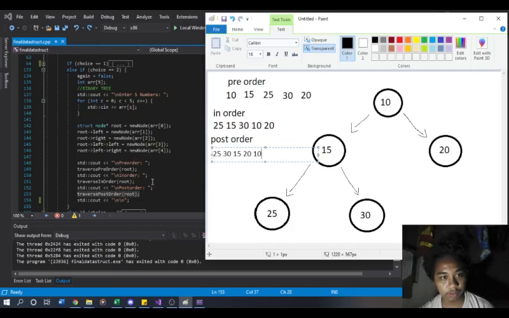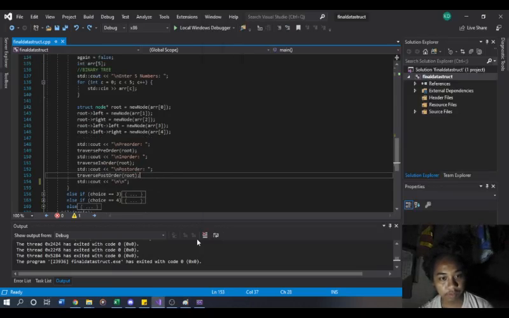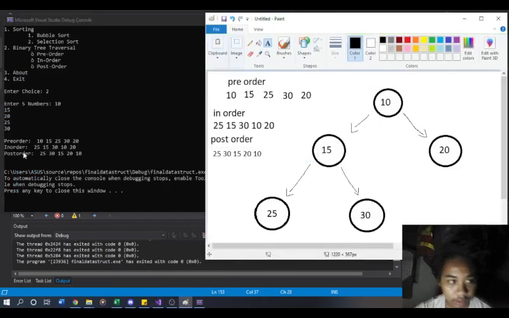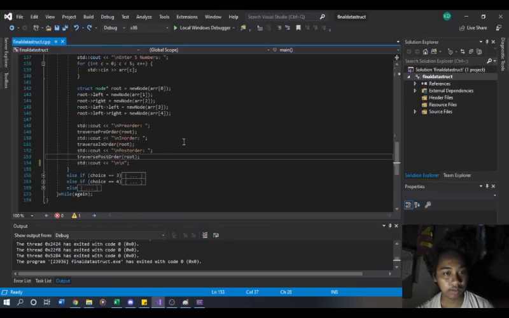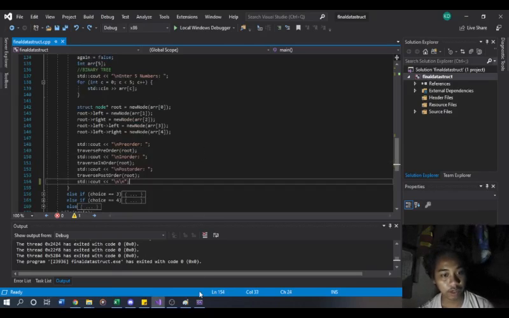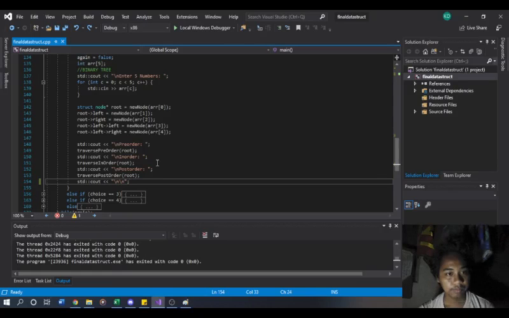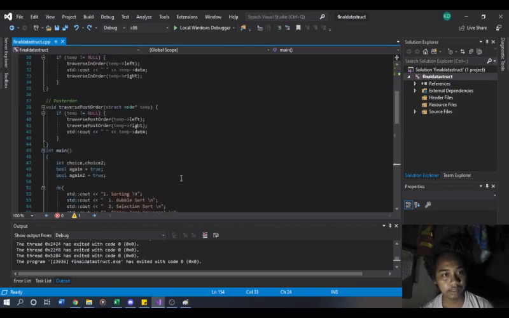Then it's going to go back here and print that. So here is an error, then let's check it. Our post order is 25, 30, check, correct, 15, correct, 20, correct, and 10, correct. So after printing that, the program is going to end, like here. So now that it ends,